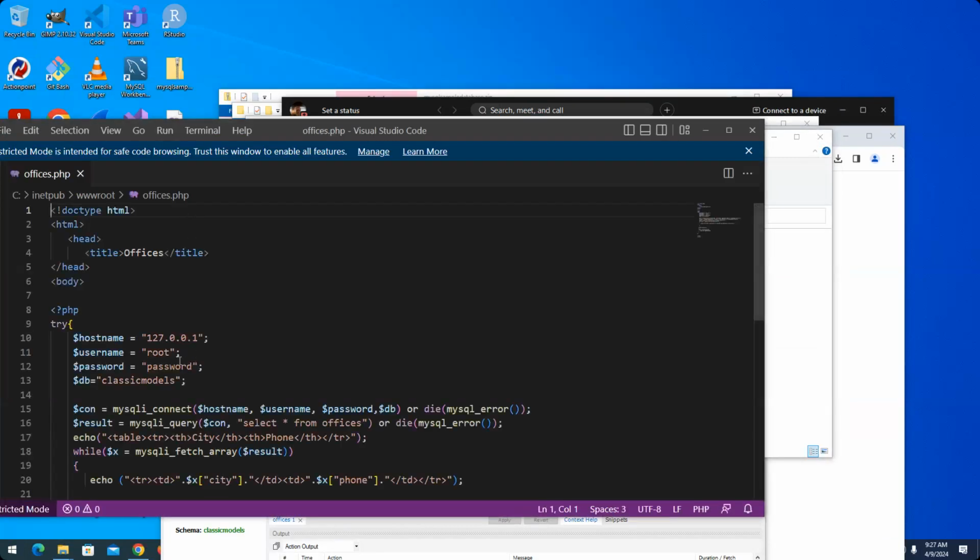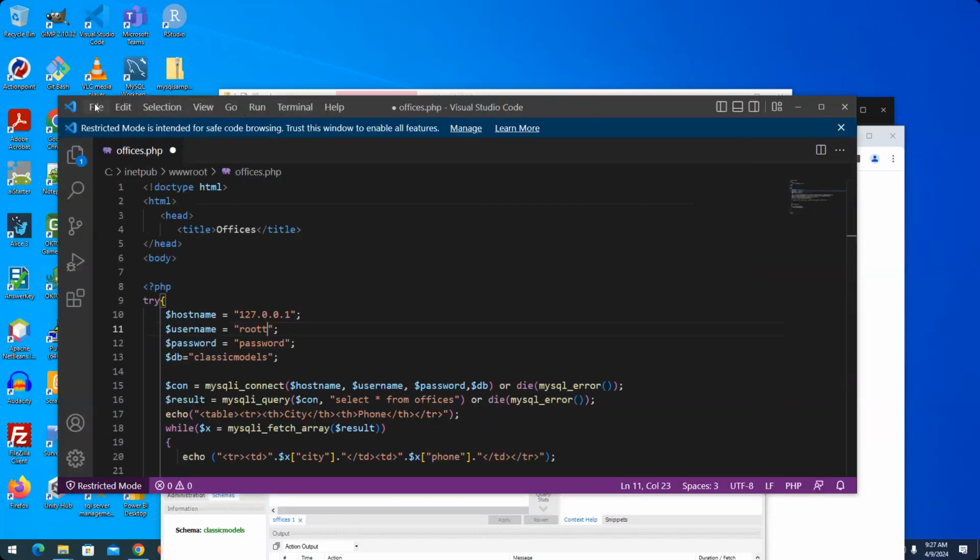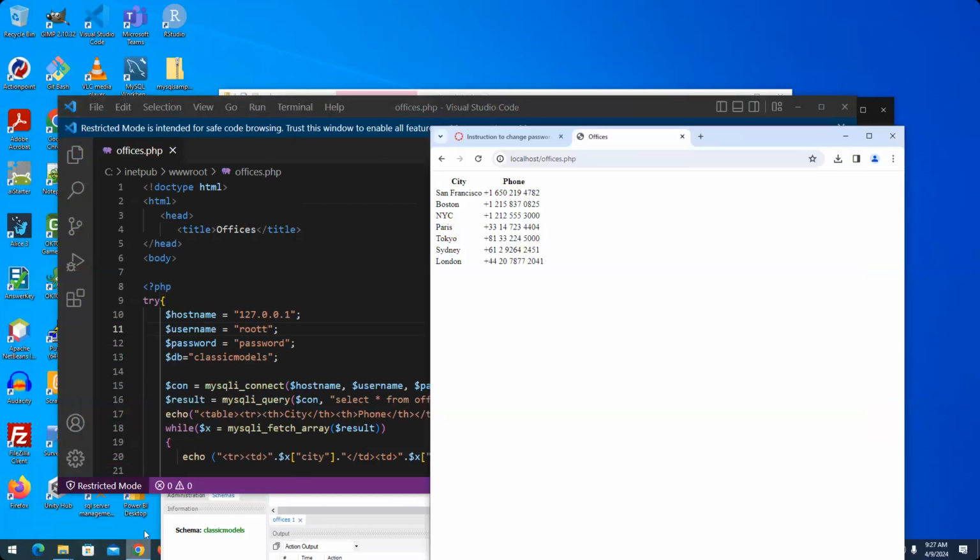So let's say I spell root wrong. I accidentally key it wrong and put a double T in there. So I'll go and save that. Now when I click refresh,